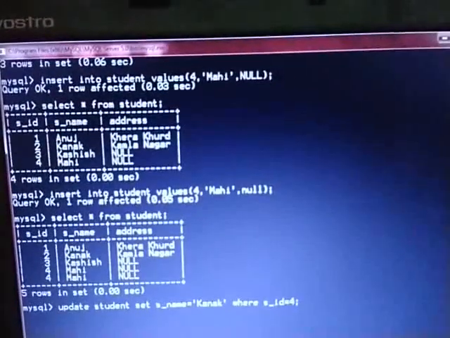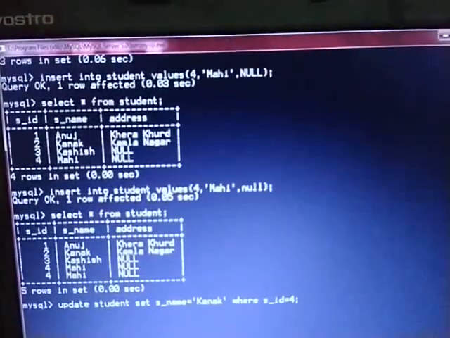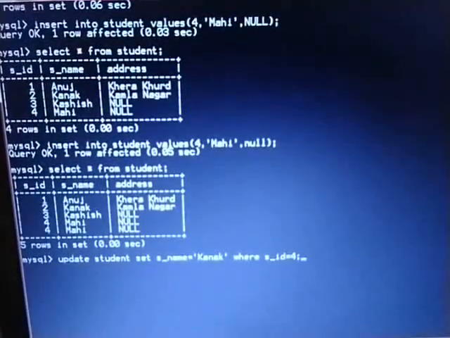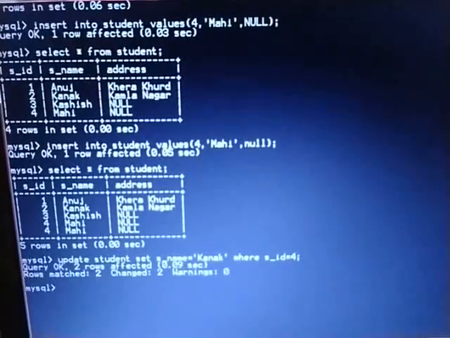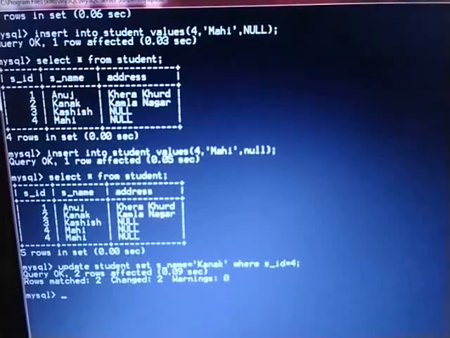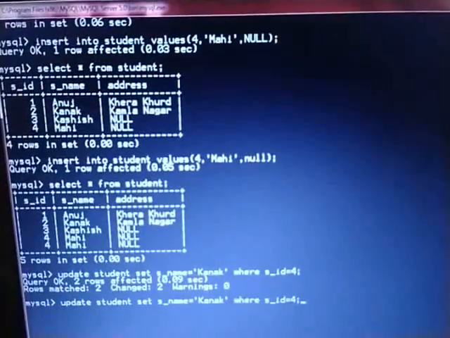Fine. So update student set S name equals to Kanak where SID is 4. Fine. Just press the enter button. Now see, the record has been updated successfully.